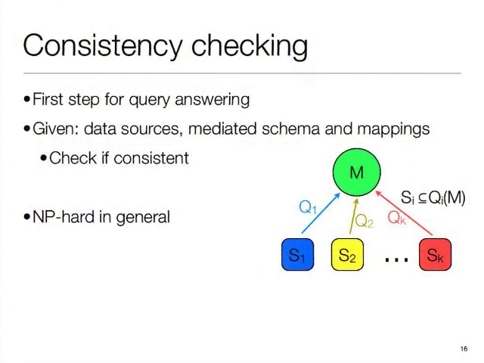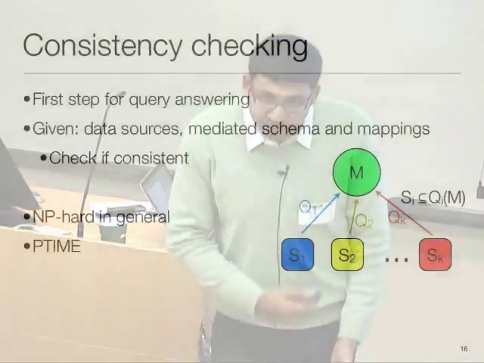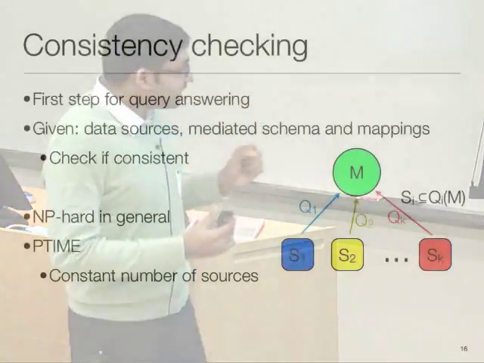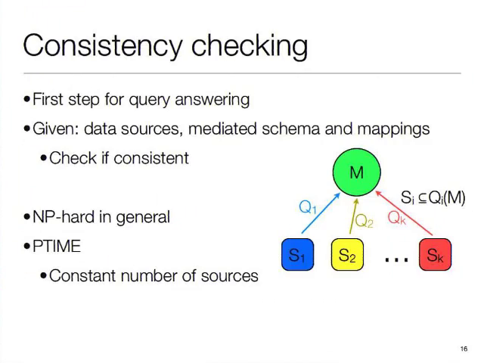So it's easy to see that this problem is NP hard. Another observation you can make is, it's P-time when there's a constant number of sources. So the hardness comes from a large number of sources. Okay? But a collection of our applications were of the form that